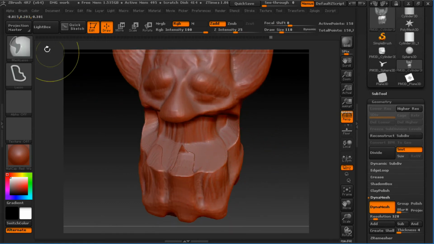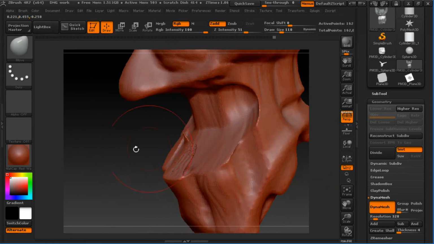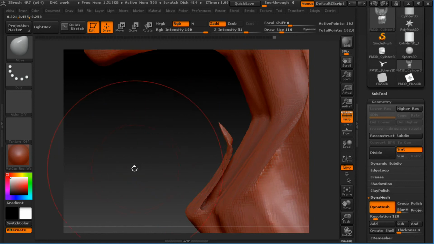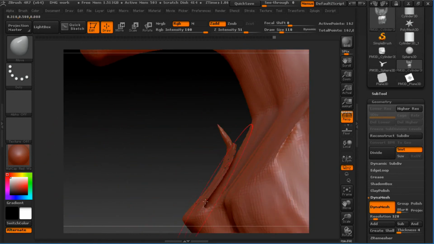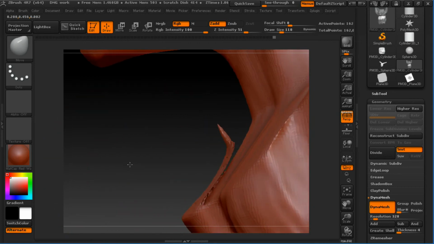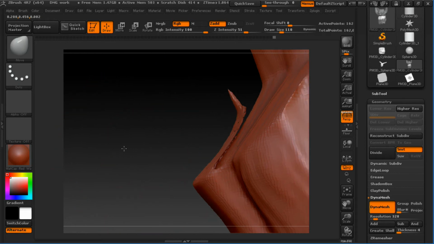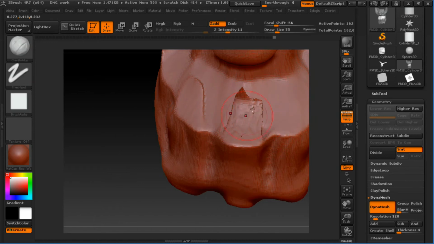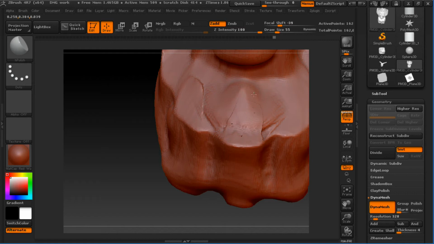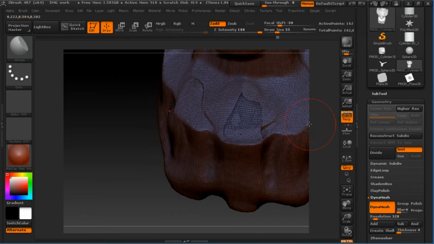Let's just re-Dynamesh this. You'll see, for example, in here, so this is a fun one, in case you get spots like this, where your mesh is overlapping itself, and you're getting this thin little card that you don't want. Does everybody see that? Who doesn't see it? Basically, what I can just do is model anything on top of that. Stuff usually works really well on top of each other, so I could just model in some surfaces on top of this. Maybe smooth it out, maybe use H-polish to flatten that in. Now that mesh is still there as a separate piece on top, but if I Dynamesh,